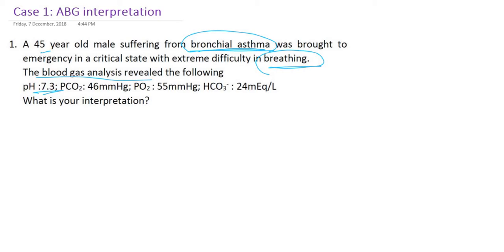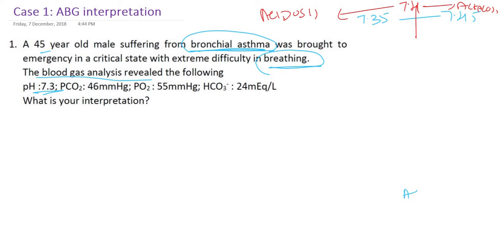We will go to our basic pH. We take 7.35 to 7.45, but for interpreting, as I have said in the earlier presentation, we should take 7.4. Anything less than 7.4 is acidosis. Anything more than 7.4 will become alkalosis. pH is 7.3, definitely less than 7.4, so I will write here acidosis. My diagnosis will never change to alkalosis.